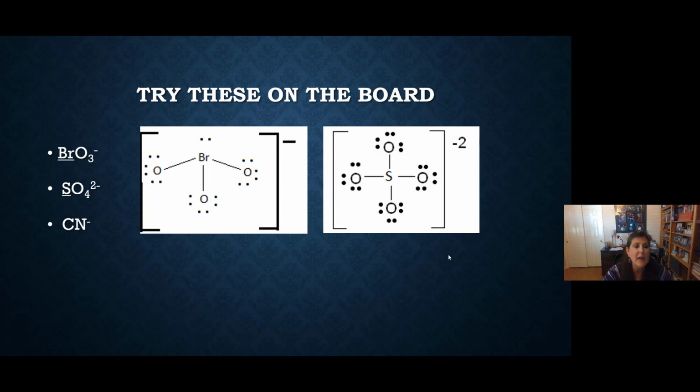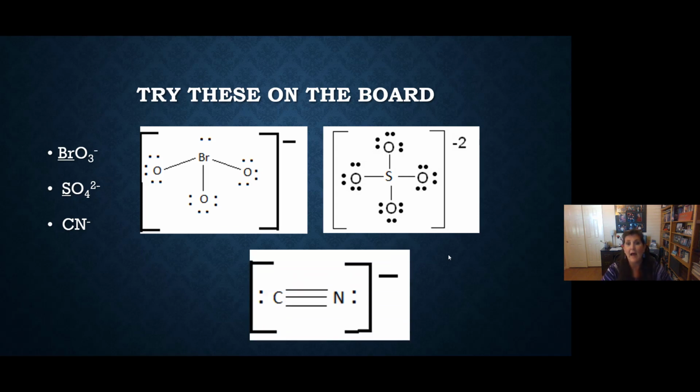And then the last one, CN-. There's no middle because it's just 2 atoms. So just CN. Draw a line in between them and go. Well, a single bond didn't work. A double bond didn't work. Yeah, CN- needs a triple bond to work. And there's a lone pair on the C and a lone pair on the N. Put it in brackets, put that -1 charge out to the side. All right. So that's how you do polyatomic ion Lewis dot structures.